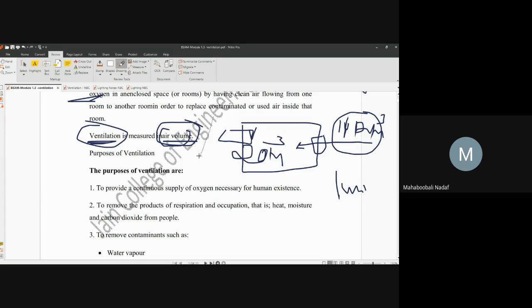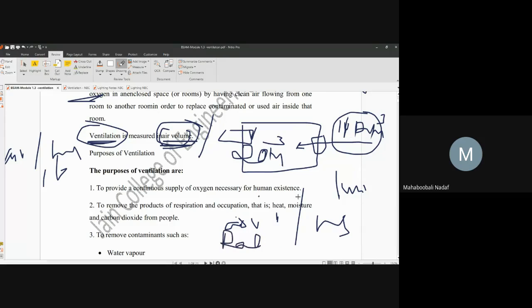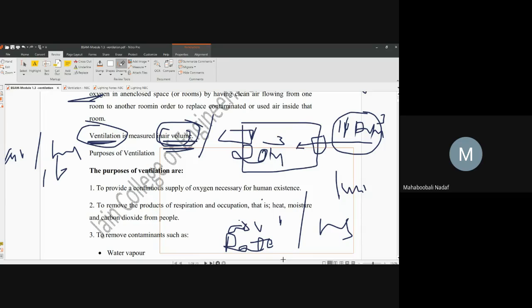You may call it per person also. When you go into design and design principles, things like air volume per person per day or per hour will come. But the standard basic unit is air volume. If that air volume is 1 cubic meter per hour, then we call it the rate of entry, the air volume per time, whether per hour or per day. We call it the rate of air entry. These two terms are used interchangeably: air volume, and rate of flow.